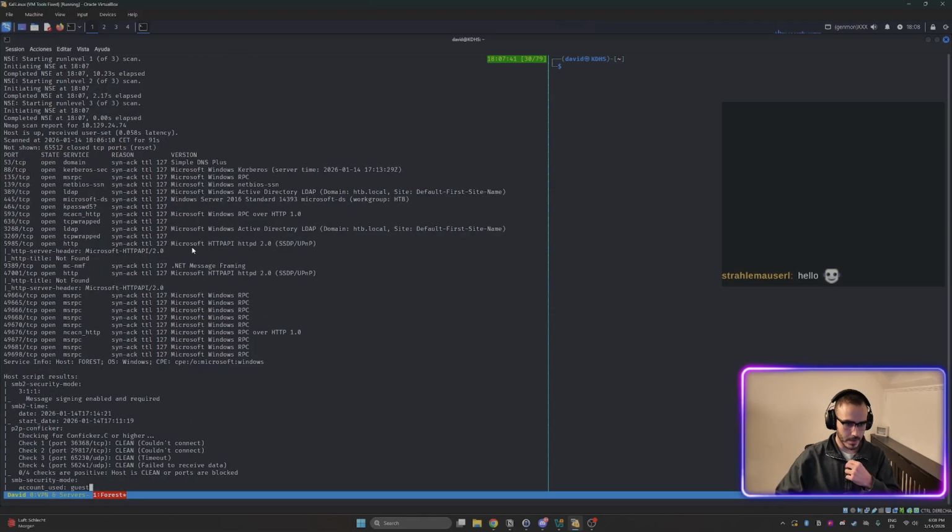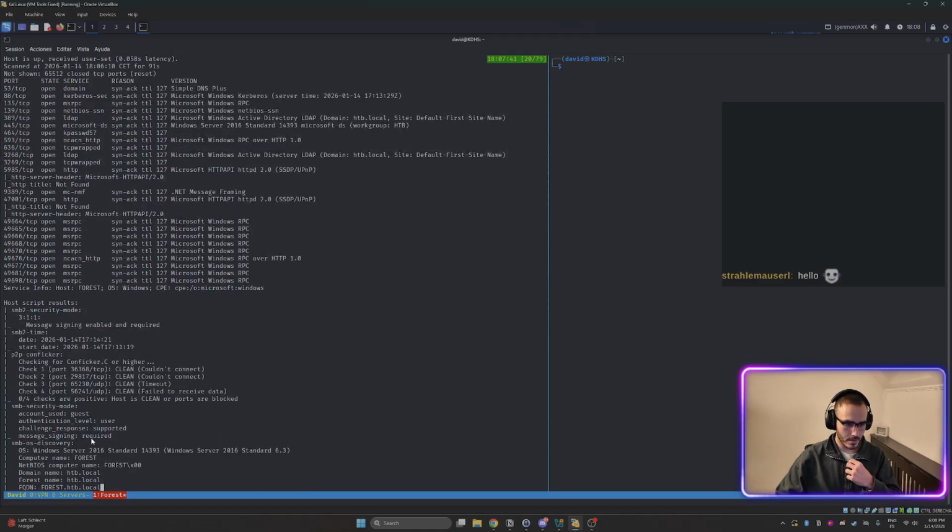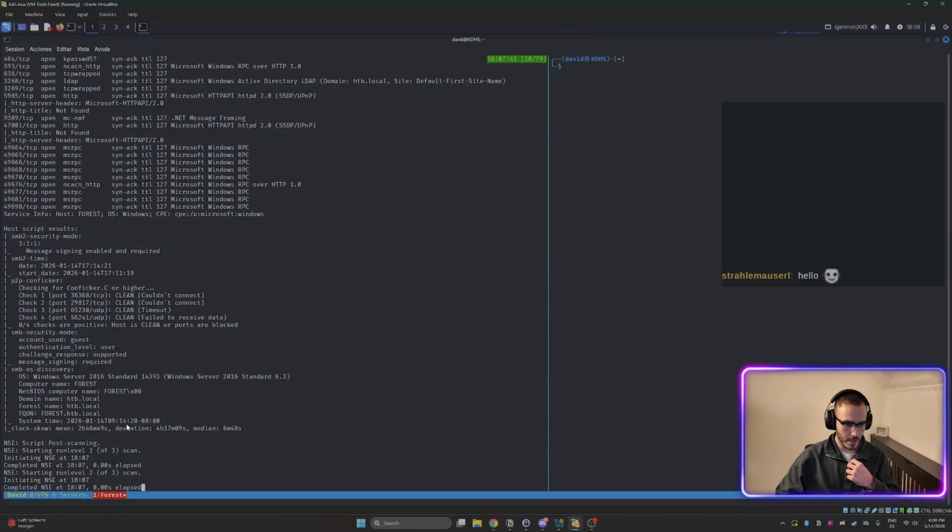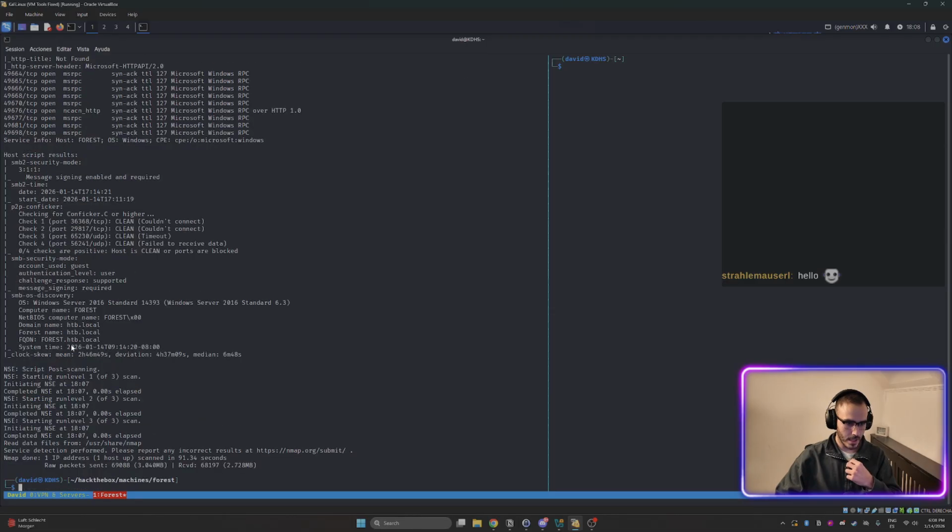Okay, what else do we have here? We have some information about SMB. The NetBIOS computer name is Forest, and we also have the FQDN of the server. This is important information because now we will need to update our hosts file on our Linux machine. So we are going to use nano to modify our